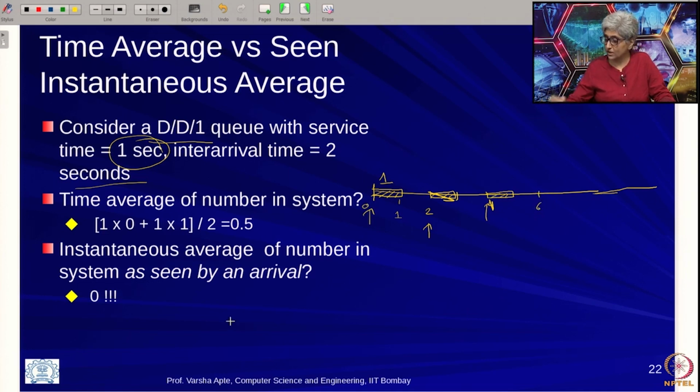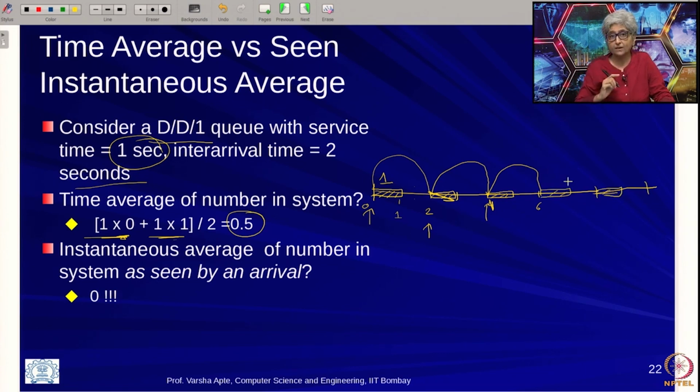If you ask the question as to what is the time average here, what is the long term time average, you can see that actually this frame just repeats. This frame is basically a frame of 2 time units where half the time the server is busy, the number of customers in the system is 1, the rest of the time it is 0, and this is repeating. So, actually the average is going to be 1 multiplied by 0 plus 1 multiplied by 1, divided by 2, and this frame just repeats. So, it is enough to get this average, and it is kind of obvious to everybody that even the long term average is just going to be this frame repeating.